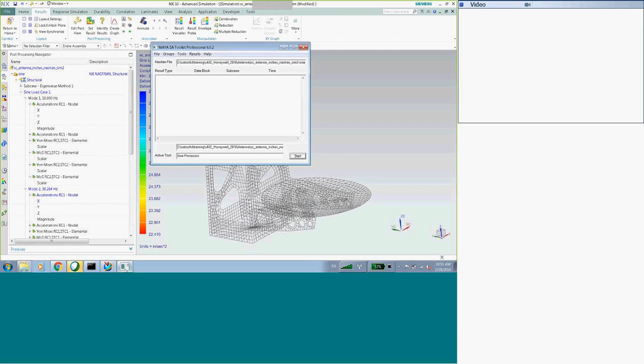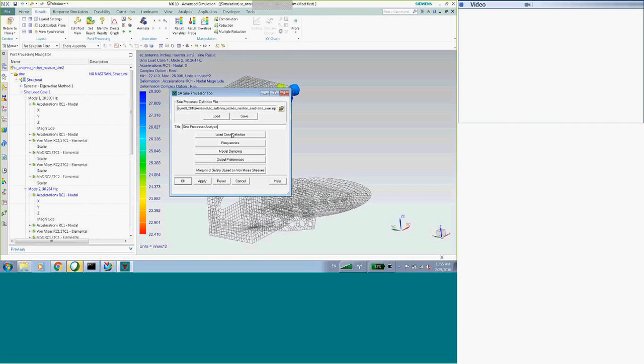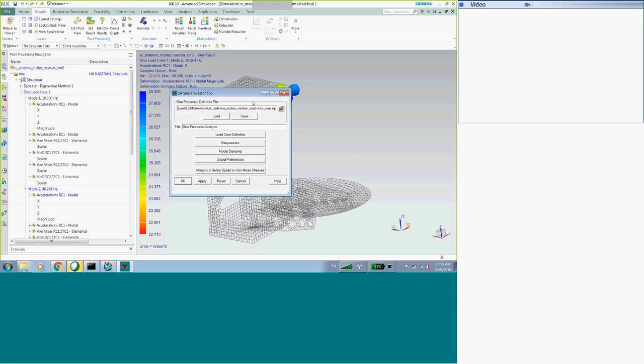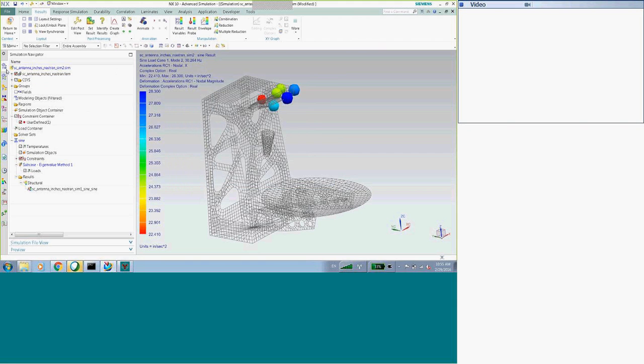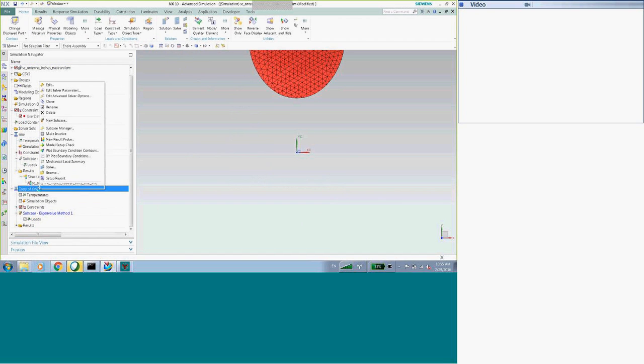So if I want to run this without residual vectors, I can go in the sine processor, and I can also just select frequencies and pick a range of modes. That's what I could do. I could just clone this solution here.